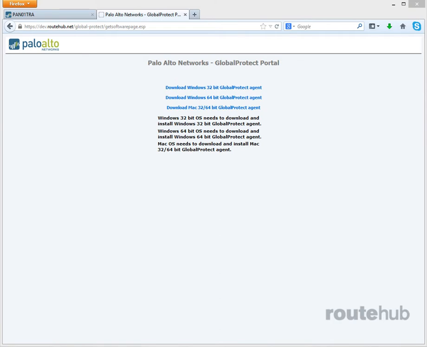I can download the appropriate client based on the system that I do have. The options are a Windows system for 32-bit or 64-bit, or if I have a Mac system, I can simply click here and download that to my computer. In our case, we have Windows 8 and we're using the 64-bit version. Therefore, we would need to go ahead and click on this link, download that particular software, and install it